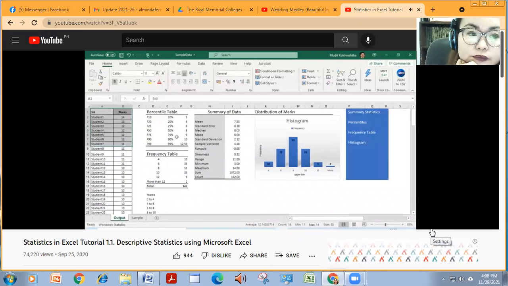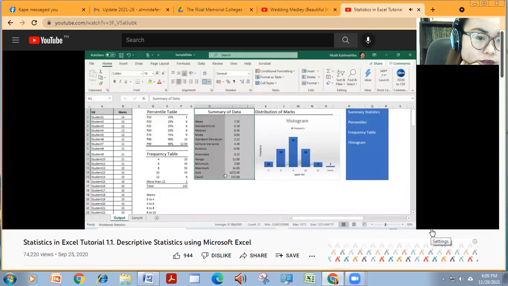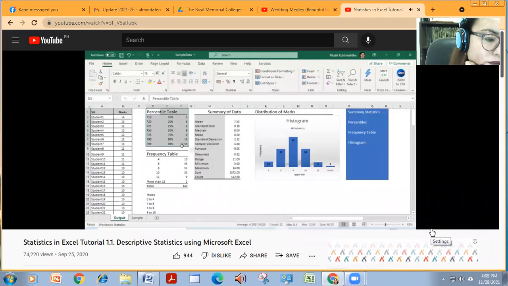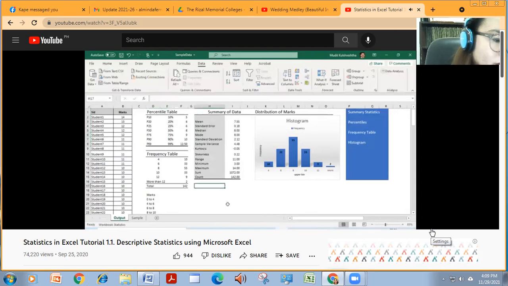Now we have to generate these four outputs. First, we'll be generating the summary table using the descriptive stats: mean, median, mode, standard deviation, the measures of dispersion, range, and minimum and maximum value. Then we will be describing the data by generating percentiles very quickly. And then we will generate a frequency table and of course represent the frequency table in visual terms as a histogram. These are our four tasks: summary statistics, percentiles, frequency table, and histogram. So let's get started. In the first task, let's generate this table, the summary of the data.